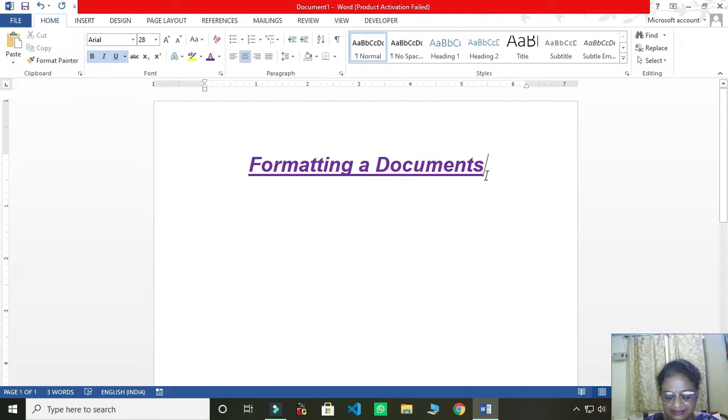So let me write some other text here. Let me press the enter key. Now I'll come to the left hand side and I will remove all these effects. So simply I am going to write one sentence in Microsoft Word.